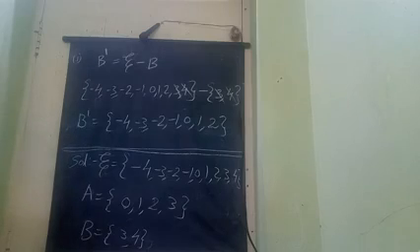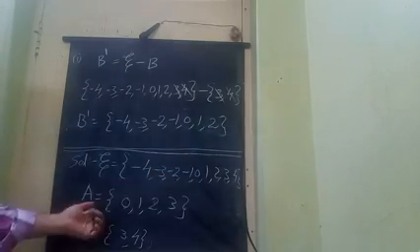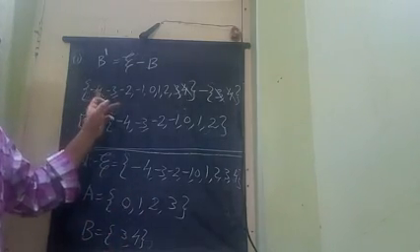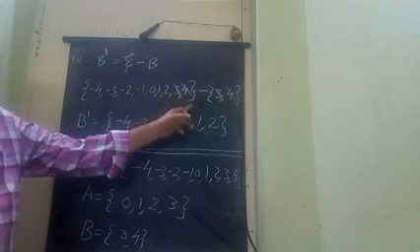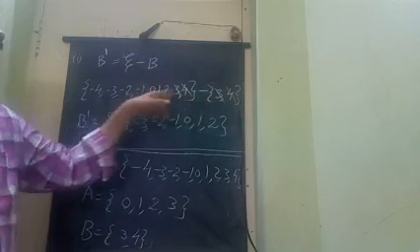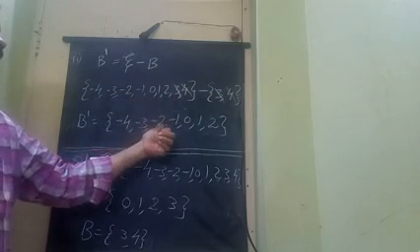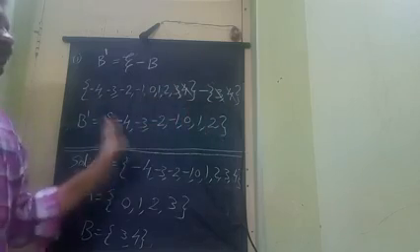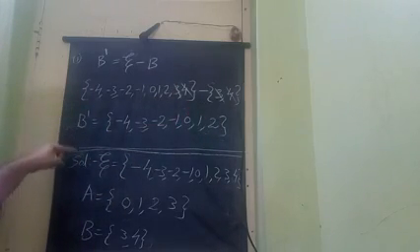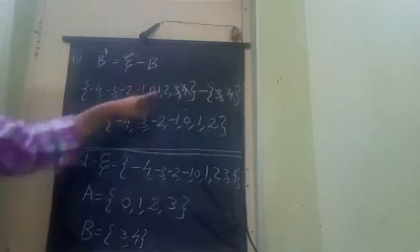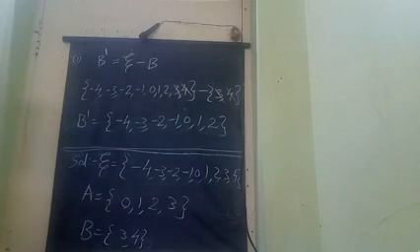Now what are A dash and B dash? A complement and B complement: universal set minus A, universal set minus B. The universal set is given here as -4 to 4, A is given as 0, 1, 2, 3, and B is given as 3, 4. Now subtraction. -4, -3, -2, -1, 0, 1, 2, 3, 4 is the universal set. Minus B, which is 3, 4. Strike off 3 and 4. The answer remaining in the first set is -4, -3, -2, -1, 0, 1, 2. This is the answer for B dash. Like that, in the previous sum we did A dash: striking off 0, 1, 2, 3, the answer is that the last one we get is 4. So this is about that sum.